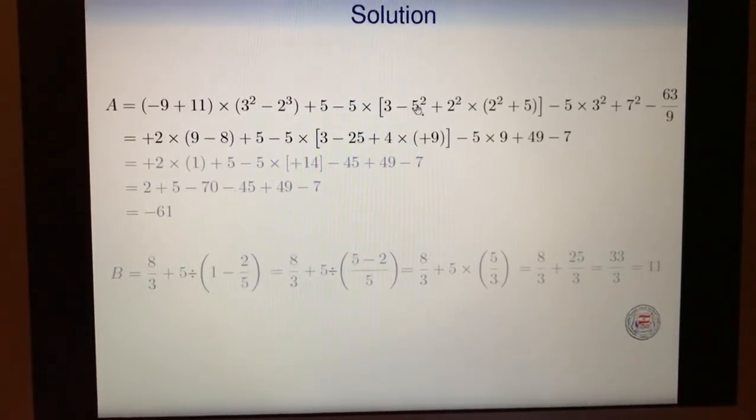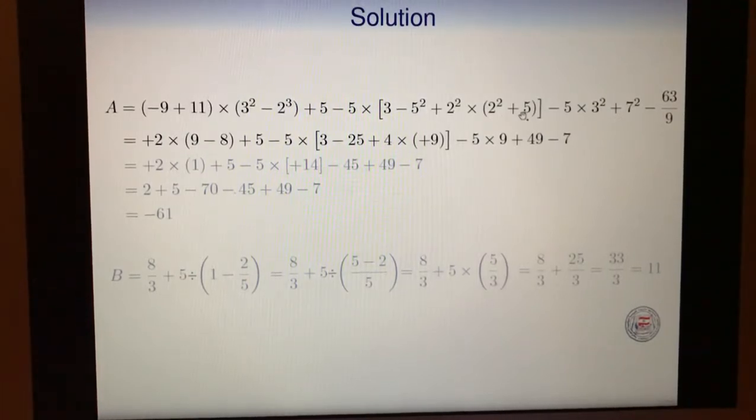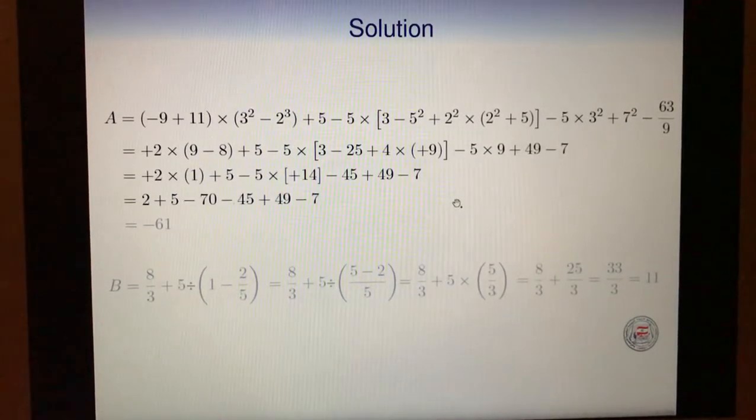we have 5 power 2, which is 25. 2 power 2 is 4. 2 power 2 plus 5 is 4 plus 5, which is equal to plus 9. And 3 power 2 is 9, 7 power 2 is 49. A third step is